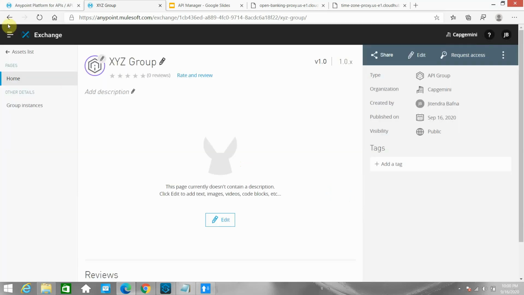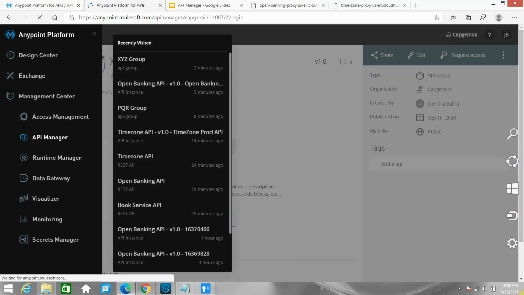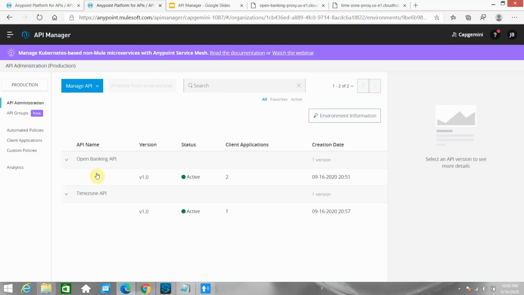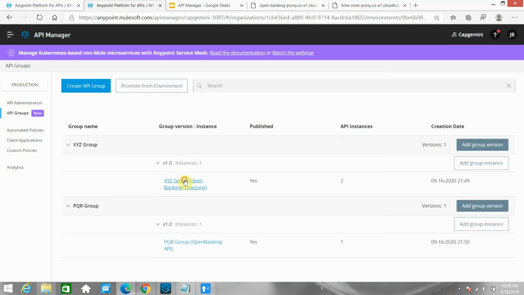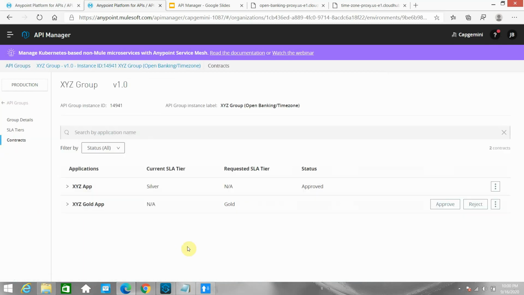Okay, close it. Then you can go to your API Manager. You can go to the group, and in this group you can go to this particular instance. You go to contract, you will see there's something for approval, and you approve it.